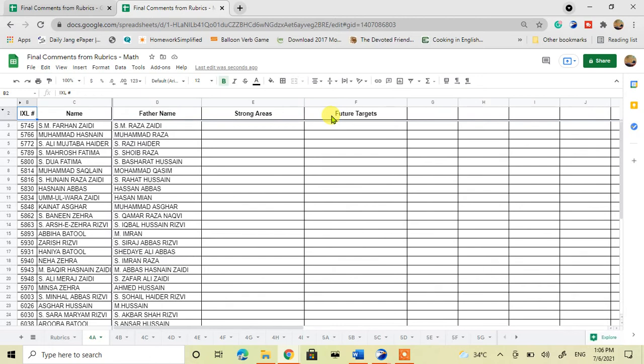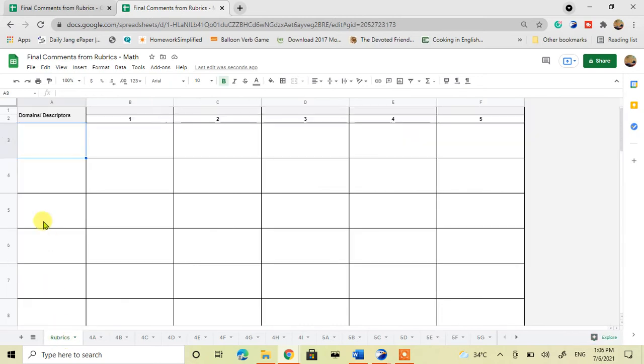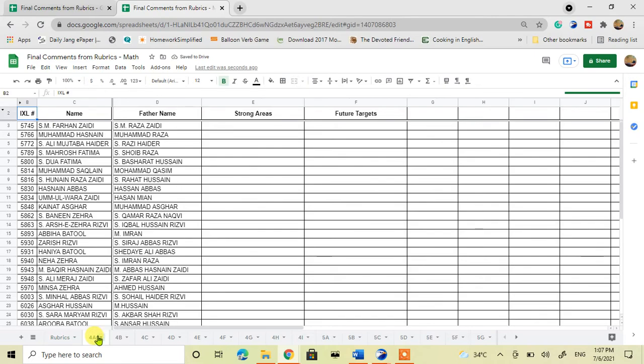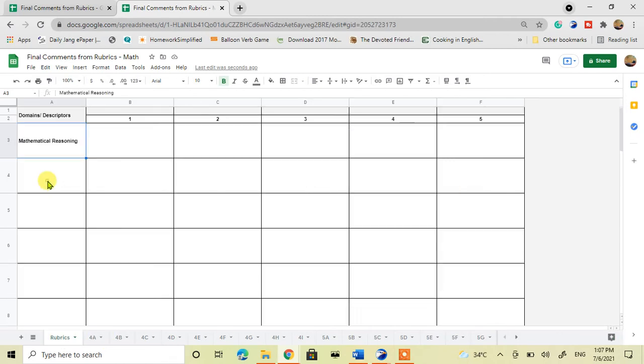Then you have particular headings, but you can see nothing is mentioned here right now. What will happen when you start making your rubric? For example, I write my first domain here, which is mathematical reasoning. As I wrote my first domain, you can see in the list I have got my first header here. It is loading, and it will show you the header automatically, like this: mathematical reasoning. That means I can put the marks of the student from the descriptors here. Then I mentioned the second domain, for example, applications of mathematics.